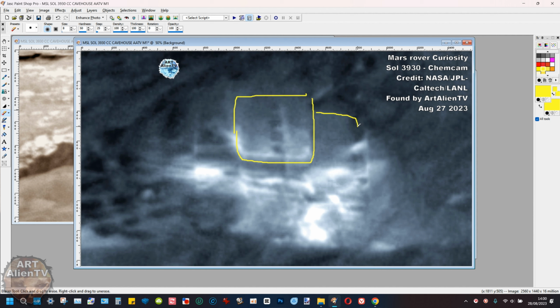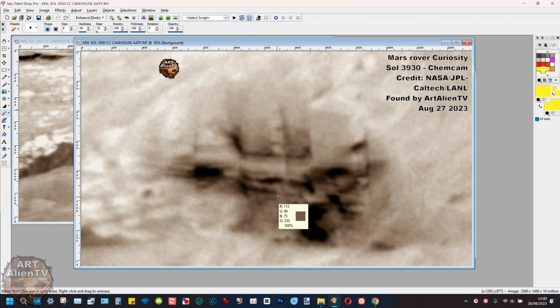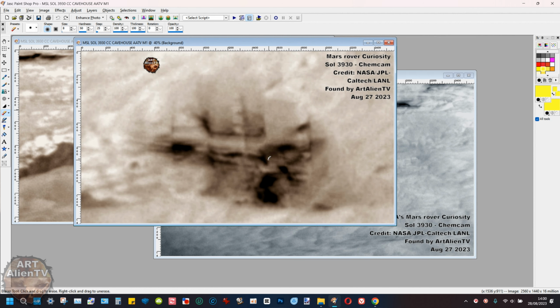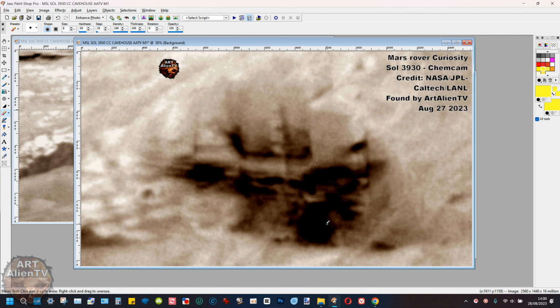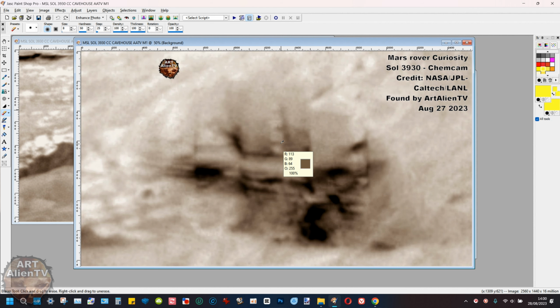Perfect rectangles. Right? Another one there. You can see them. I mean, and look at those blocks. Look at them. Let's go darker. Go darker again. Look at those blocks there. Absolutely mental, right? And what this kind of reminded me of basically is something that Martin Graney found years ago,